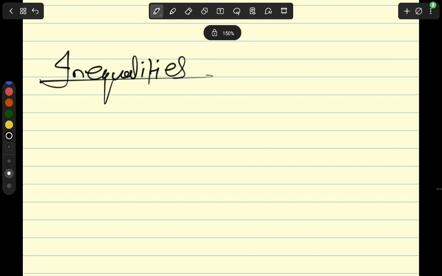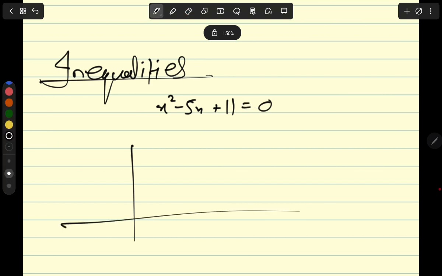When students see a quadratic inequality, something like this, x squared minus 5x plus 11 is less than 0, right? Most of you panic. You think that this is a completely new topic, but it isn't. It's the same parabola you've been studying since yesterday, or since the last lecture, or since your GCSE or O level. The only difference is today we are asking a different question. Instead of asking what the roots are, instead of asking where the roots are at exactly the points, we are now asking